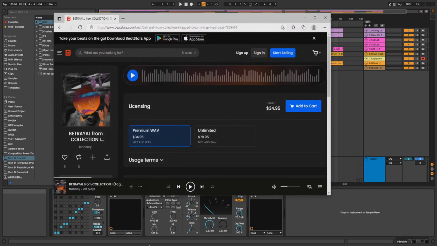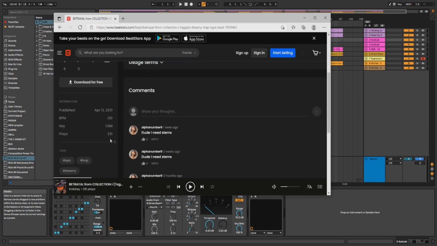The beat in this case will be this one. It's a pretty melodic beat, and thankfully here on this website we have a BPM and a key, so it's very good. But if no such information is available for you, the way you can put the right BPM on your blank track is clicking this